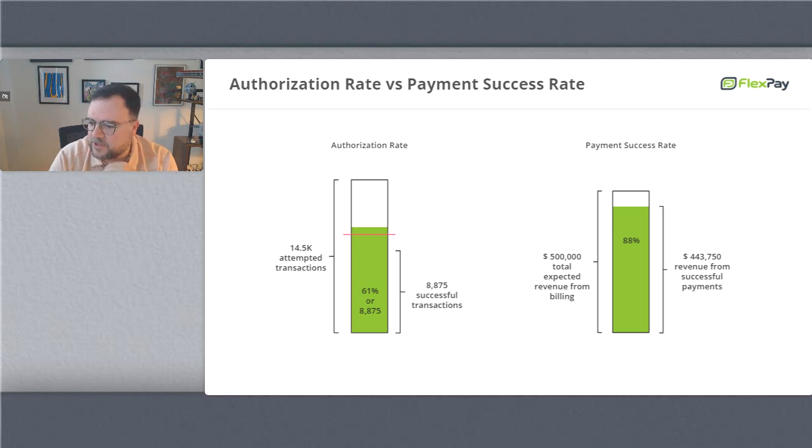I have another question here from Mark. What have you seen happen when you fall below a 60% authorization rate? Mark, that's a great question. I had mentioned earlier, you really want to keep your authorization rates, and this is authorization rates, to be clear, so this is the total number of transactions and the total number of approvals on those transactions, above a 60% rate. This is very much dictated by Visa and MasterCard, and if you fall below that rate,